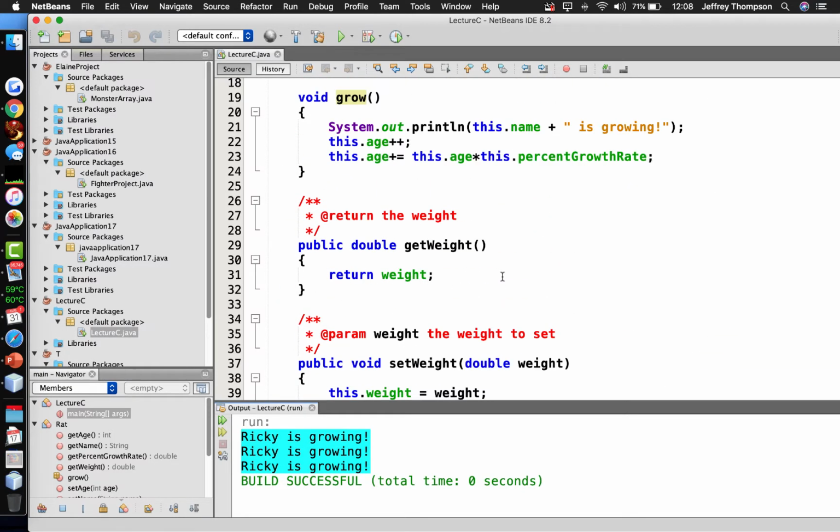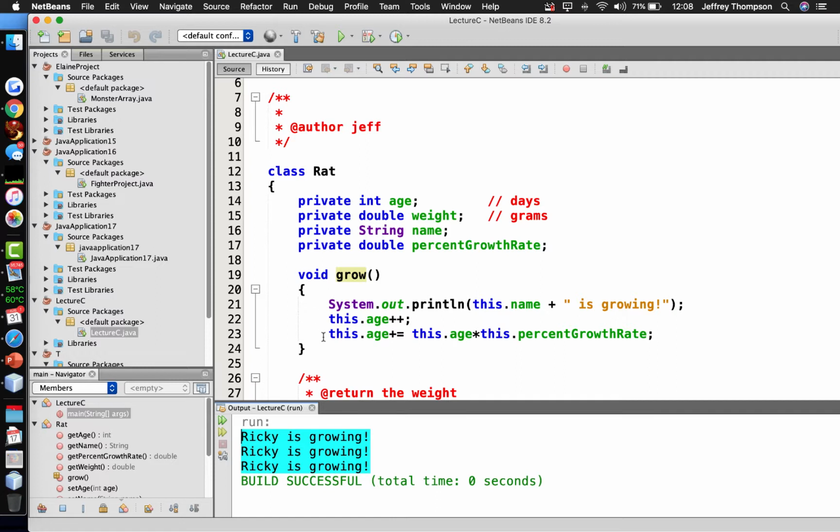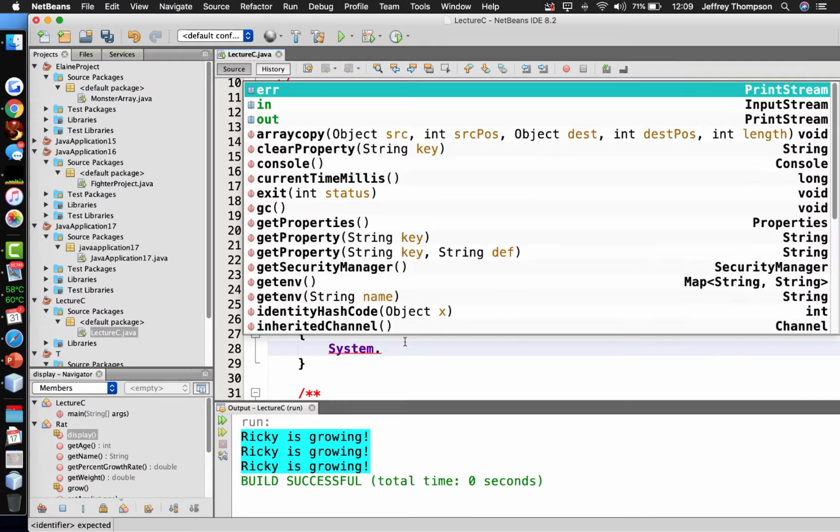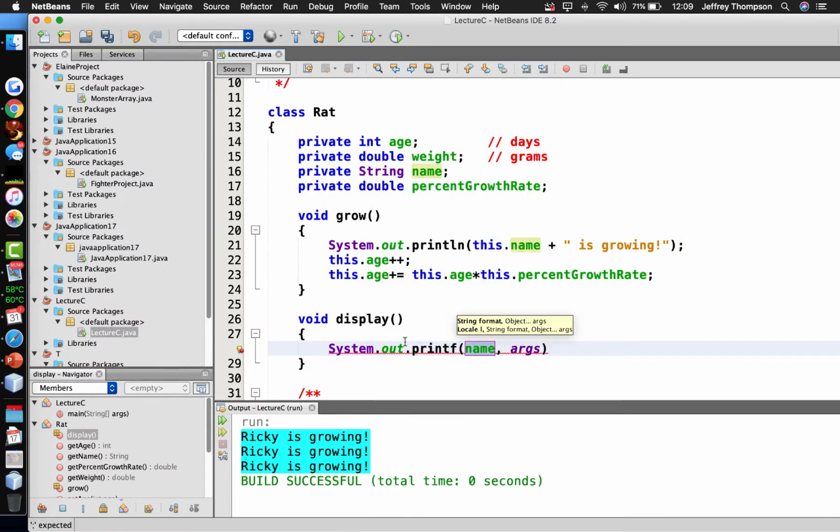So let's go back up and either above or below the grow method, void display(), curly brace, let's use printf, System.out.printf("Rat name equals %s, age equals %d days, and the weight equals %f grams.\n",